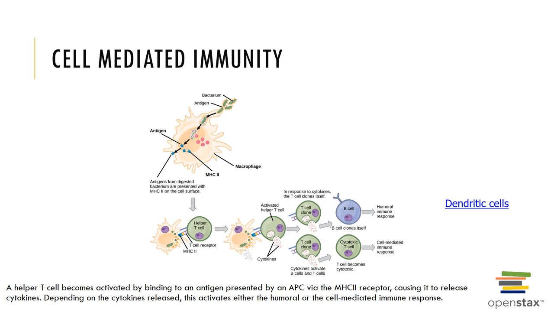Cell-mediated immunity is shown here, and cell-mediated immunity does have certain properties. It is provided by the action of T lymphocytes, which are produced in the red bone marrow but mature in the thymus gland. And as noted before, T lymphocytes cannot recognize an antigen directly. They have to have an antigen-presenting cell